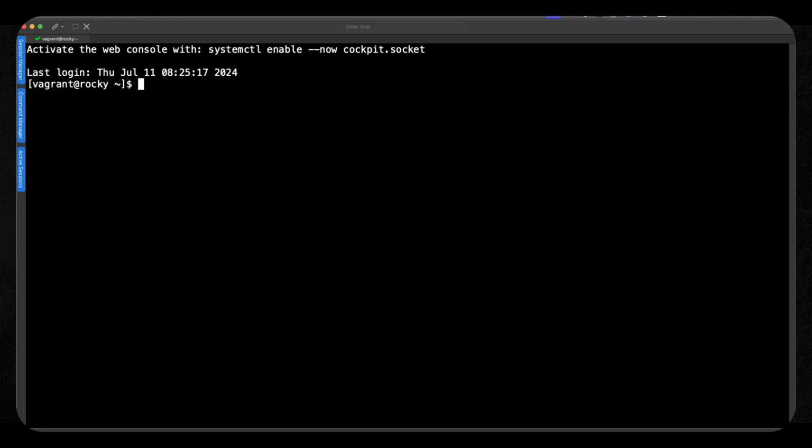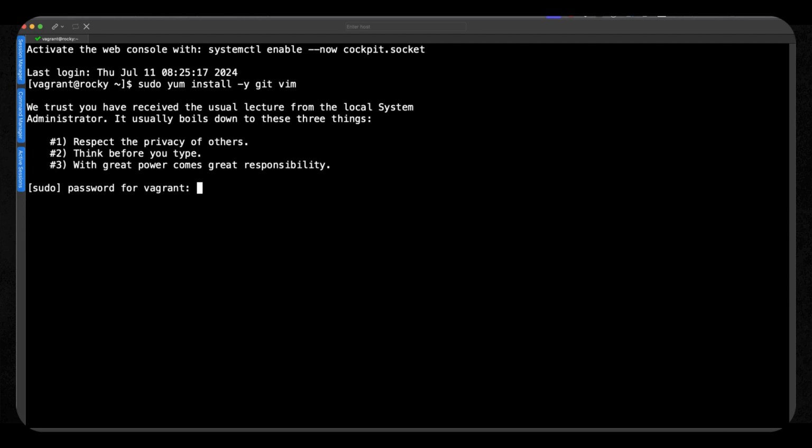Very often, we know what we want done on our images, but we want it done consistently and repeatably correct. So this is where shell scripts can be really useful. But then we have to think of a way of getting the shell script into your operating system. So for this, I'm going to go through and install Git. So with Red Hat Linux systems such as Rocky, I can use yum install -y git. I'm also going to put my favoured text editor, Vim, so I can edit any scripts once they come down.